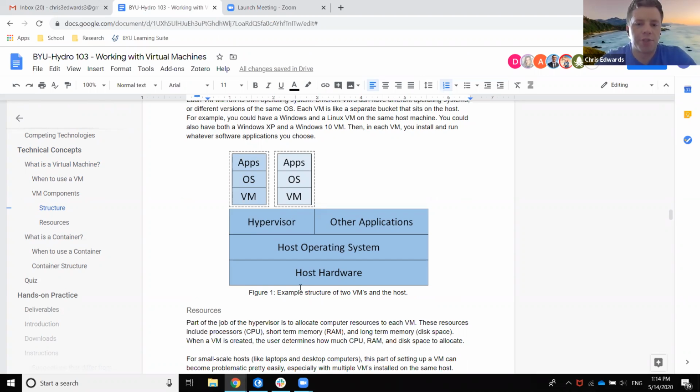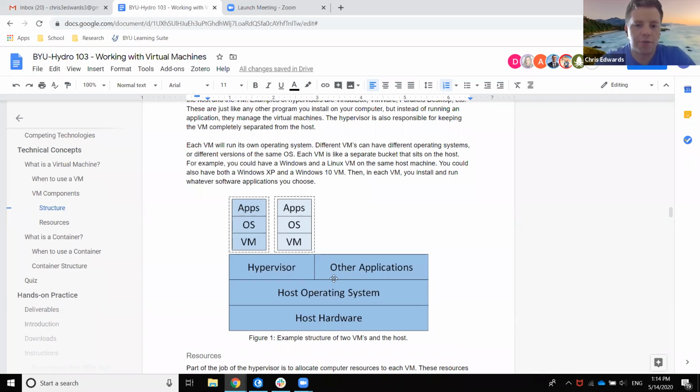But I guess like Daniel was asking at the beginning, he was mentioning containers versus virtual machines. One of the drawbacks with virtual machines is that you have to install an operating system on it. So here's a graphic that shows the basics of a virtual machine, like the one in the exercise where you install a Linux machine on your Windows computer.